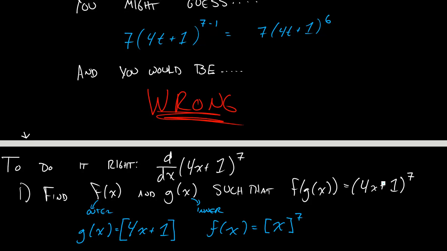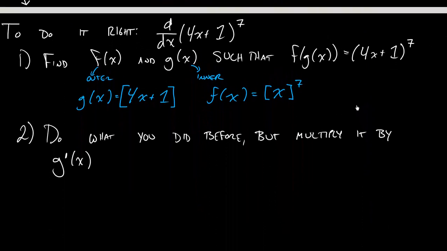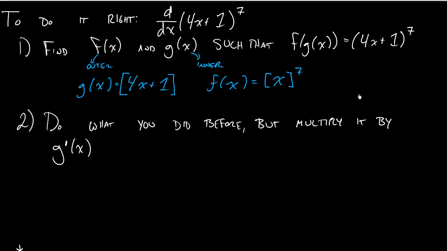So you need to be able to decompose the functions. What's the inner function? What's the outer function? Now, what the chain rule tells us is that what we had done first was almost right. So we want to do what we did before, all right? So to do d over dx of (4x plus 1) to the 7th, we do what we did before. We take the 7 down, and we do 4x plus 1